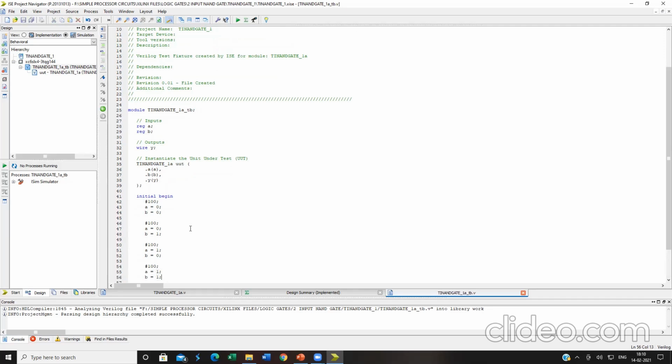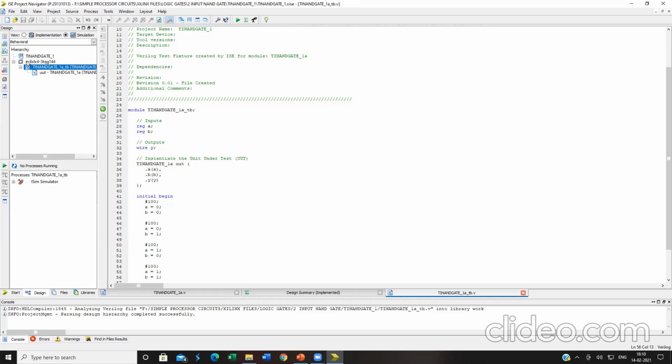Okay, that's all. One thing you must constantly understand over here: in ModelSim, I would have selected the unit under test, that means my instantiated copy, and then clicked on the simulate option. But over here, I have to select my original test bench waveform file. I must not select the instantiated copy over here. Instead, I must select the test bench Verilog file.